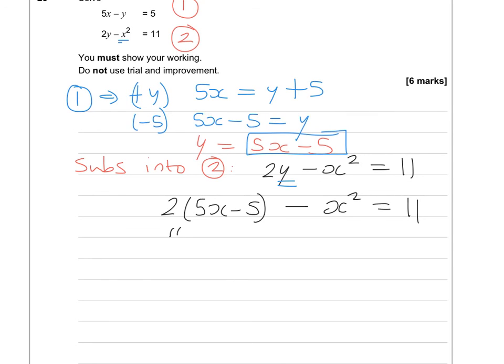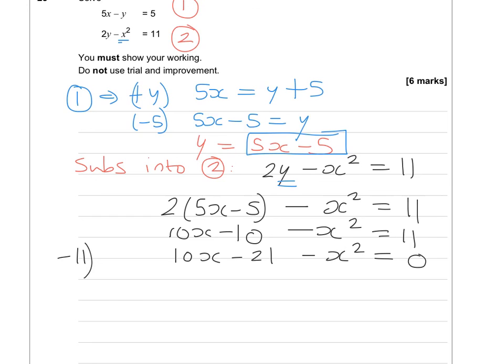Expanding these brackets, 10x minus 10 take away x squared equals 11. Or if we subtract 11, we'll get 10x minus 21 minus x squared equals 0. Going to multiply every term by -1, so minus 10x plus 21 plus x squared equals 0,